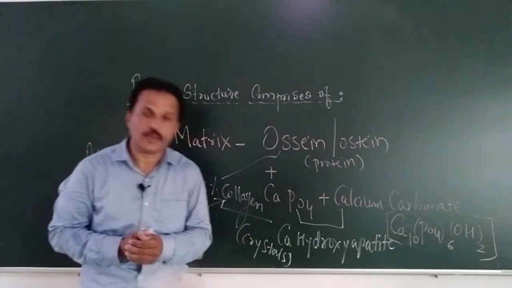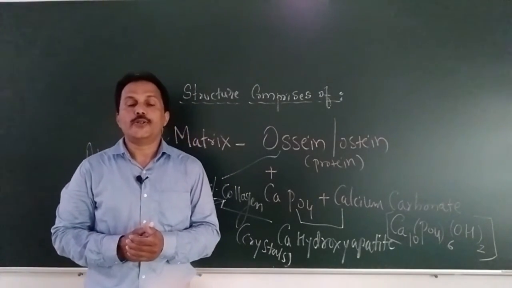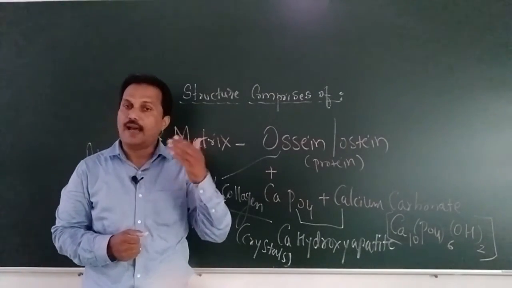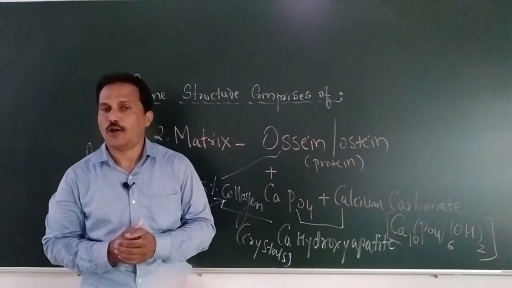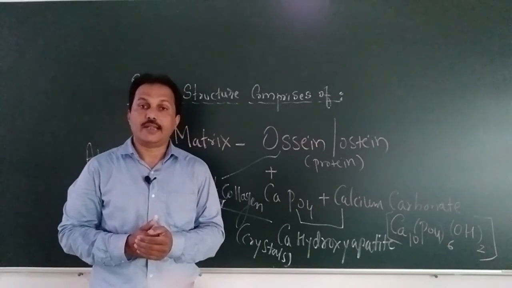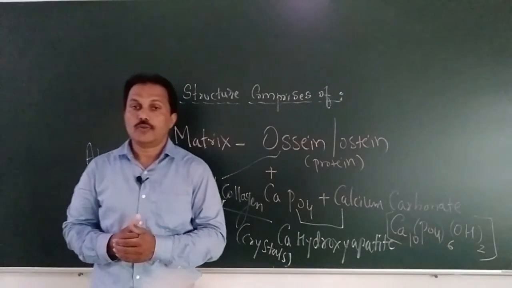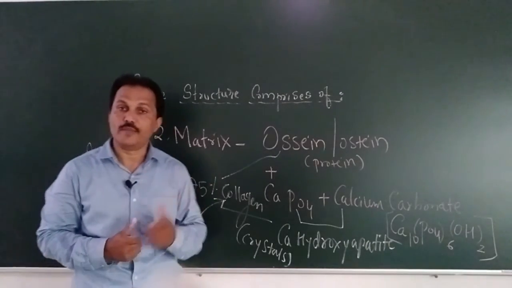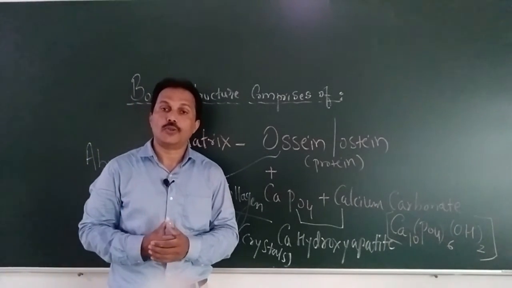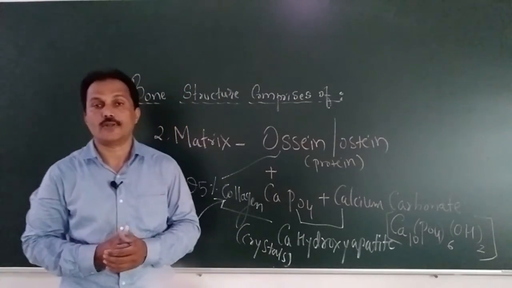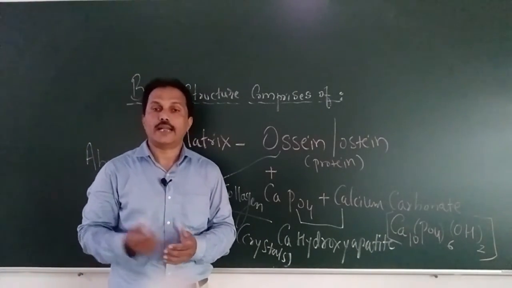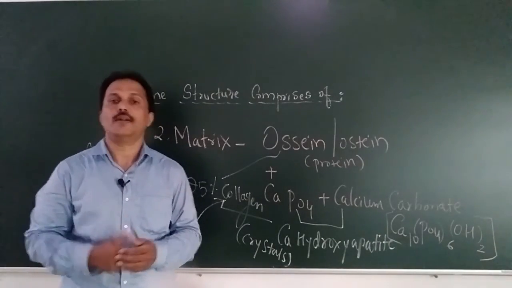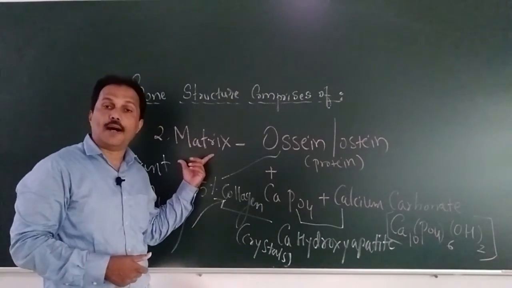I hope that you got the composition of bone structure. When we talk about the bone, it is made up of cell and matrix. Cell, three types of cell. Osteoblast, number one, it secretes the matrix. Osteocytes, mature bone cells, maintain the hard bony matrix substance. Third type, osteoclast. These are the phagocytic type of cells of the bone which engulf or eat the old osteocytes. These are three types of cell in the bone structure, plus the matrix part, which is very important.